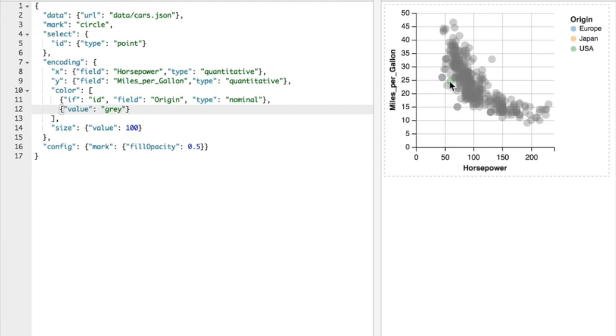While the point selection allows us to select at most one point of interest at a time, changing the type to list allows us to select multiple points. Selection definitions are concise because Vega-Lite fills in appropriate defaults, such as which events trigger the selection and what the predicate function tests for. In the case of list selections, by default, points are selected on click and additional points